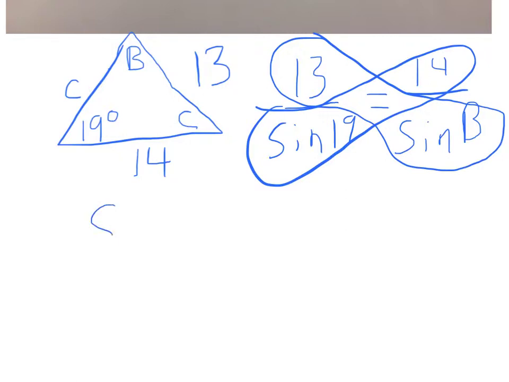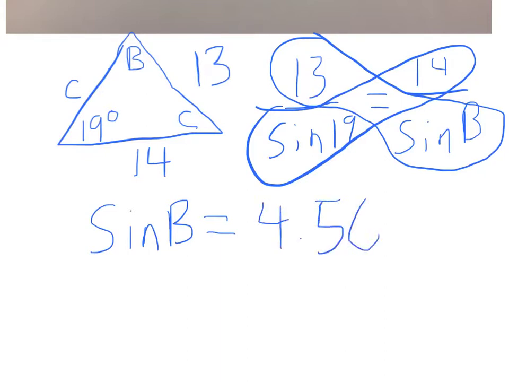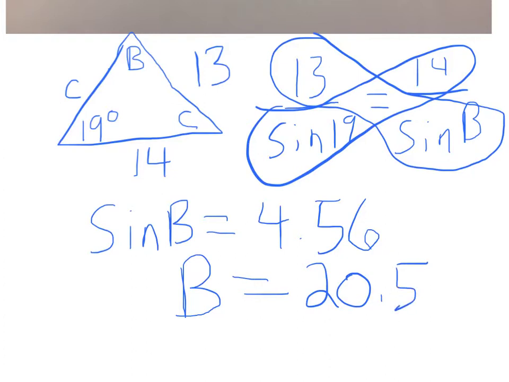To solve for B, when you do that, you get sine B equals 4.56 approximately. And then you can go ahead and take your inverse sine of 4.56 to get B equals just about 20.52 degrees. And now that we have the angle measurement of angle B and angle A, we can find angle C by taking